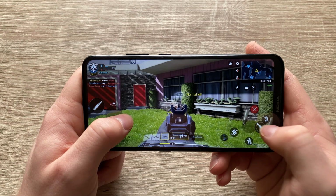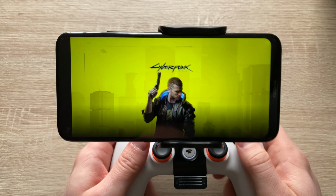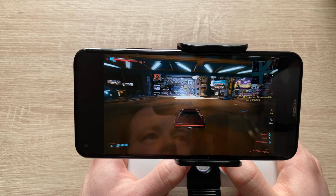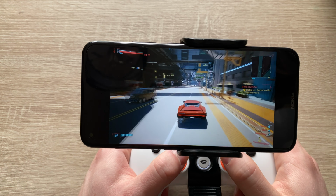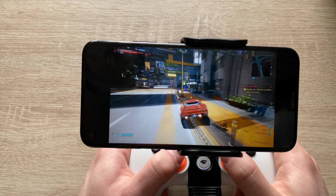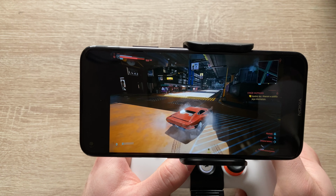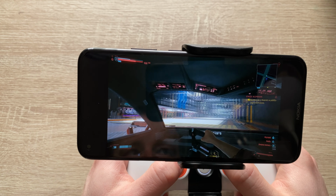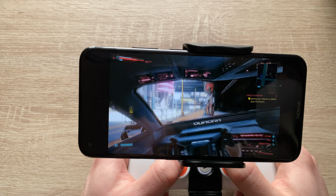And last but not least, we are going to test Google Stadia. I don't know what it is. I have absolutely no idea what it is. But usually, Stadia runs really poorly on Nokia phones. I did a review recently of the Nokia 3.4, and it was absolutely unplayable. This time it's slightly better, but there is still a bit of a lag, which is weird because on the